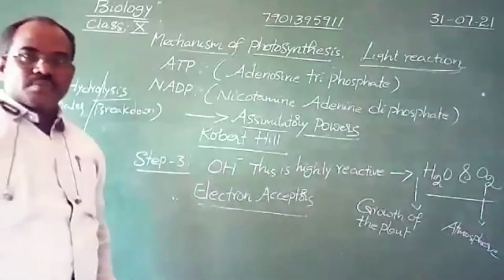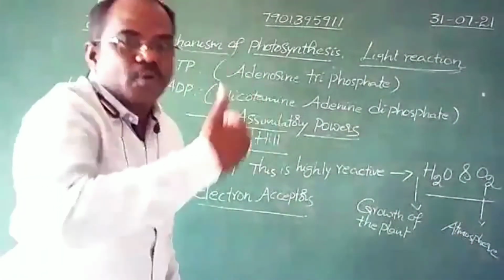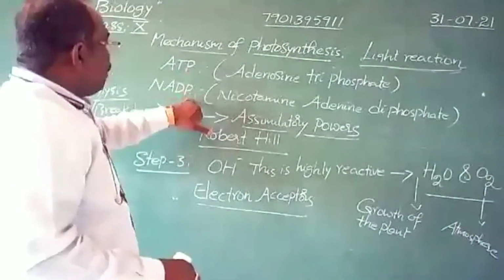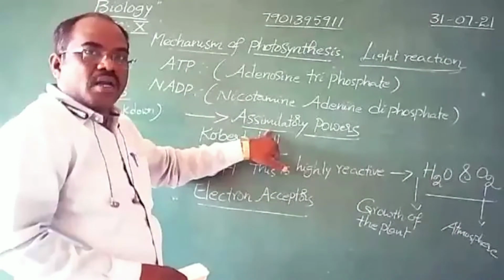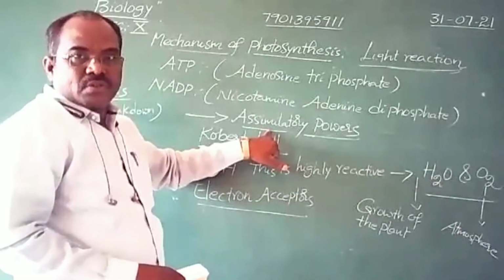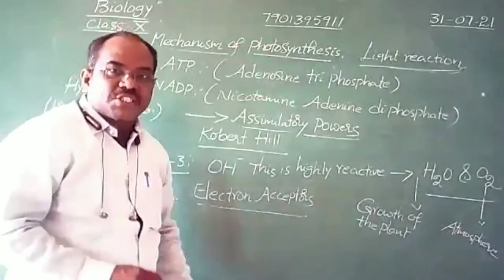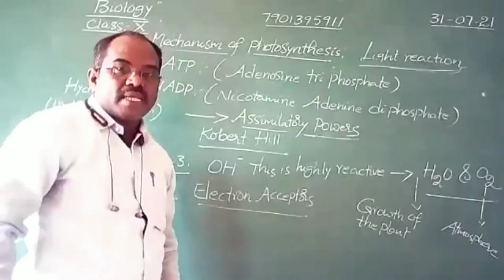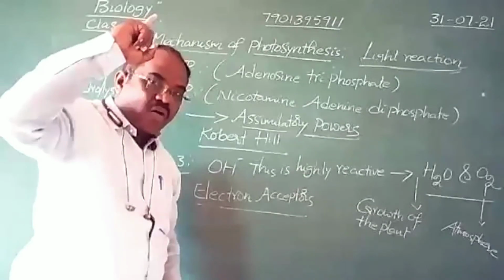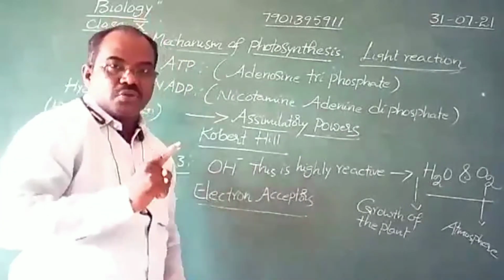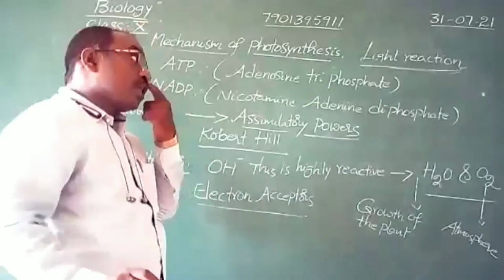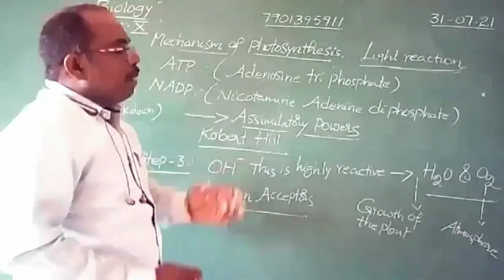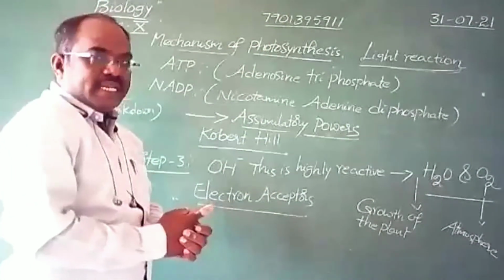Assimilatory powers means these compounds keep producing energy when needed. ATP and NADP are also called assimilatory powers. So this is the light reaction process, the light dependent reaction process, the photochemical reaction. Conversion of solar energy into chemical bond energy. By the end of the light reaction process,